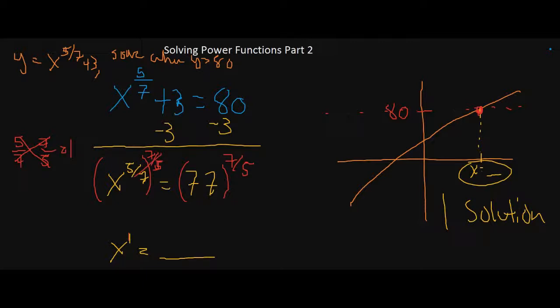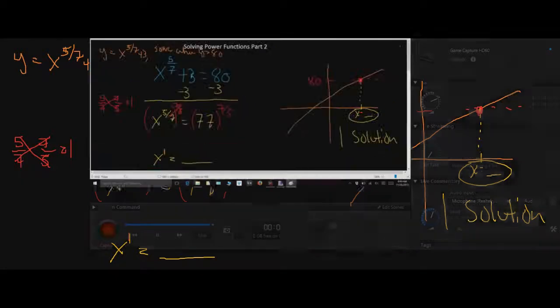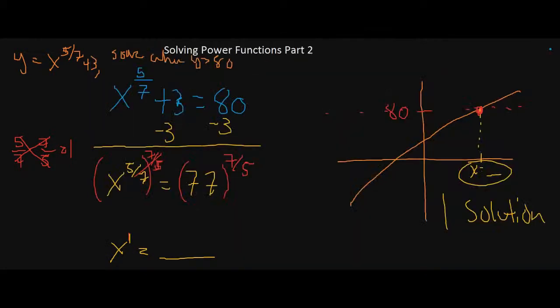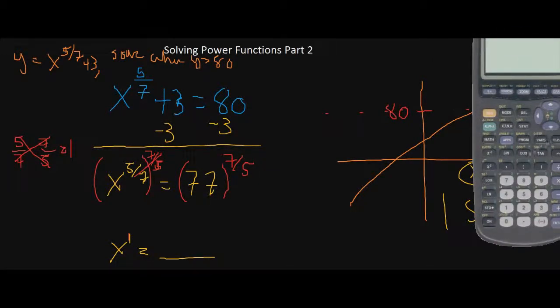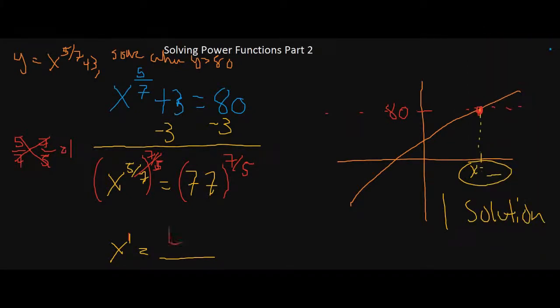Let's find out what 77 raised to the 7/5 is. So we come over here and we get 77 raised to the parentheses 7 divided by 5. This is approximately our answer. We're going to get 437 point